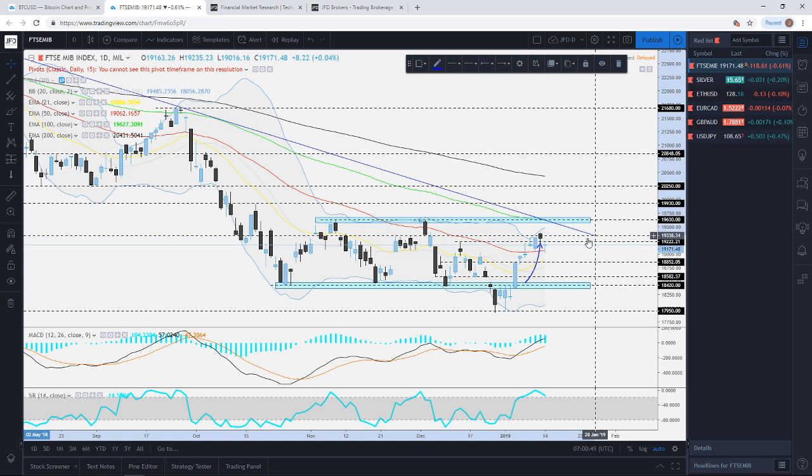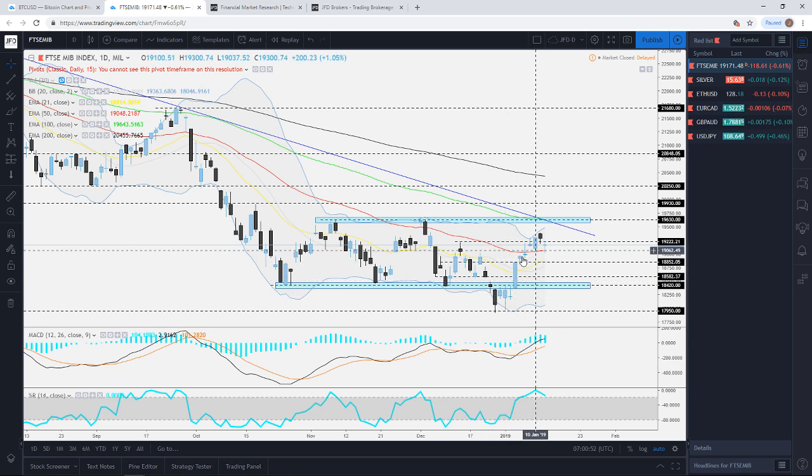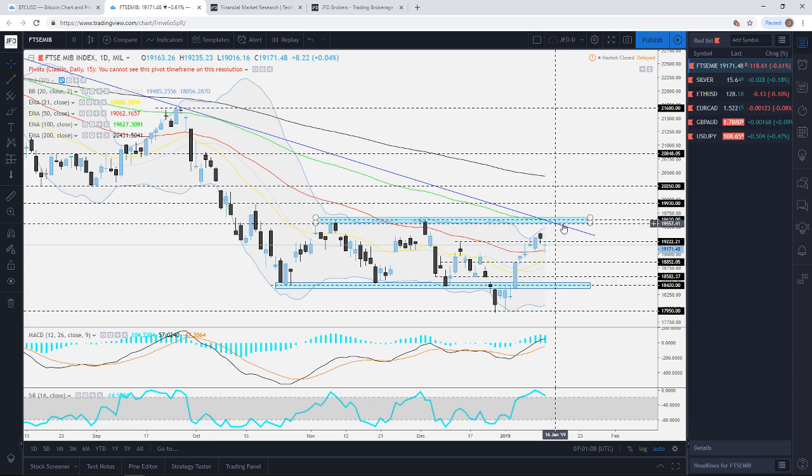Now, from the very short-term perspective, you can see that the index continues to try to travel higher, but recently got held near the 19,380 zone, so approximately there. So, of course, we're still probably going to aim a little bit higher here. We're still aiming for a retest of this downside resistance line, or even actually slightly above that. We do have this upper side of this range that the index is trading in that I mentioned right now,